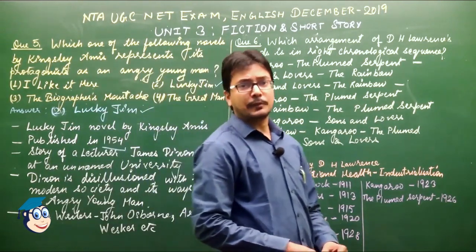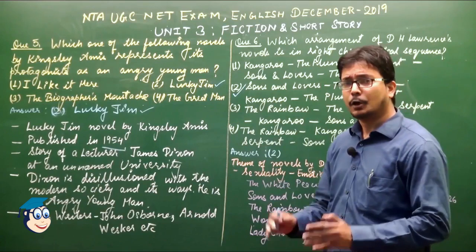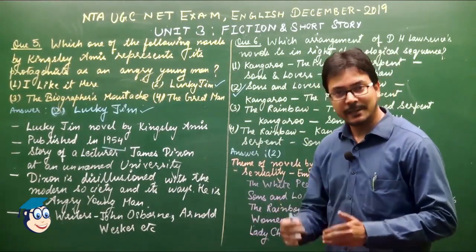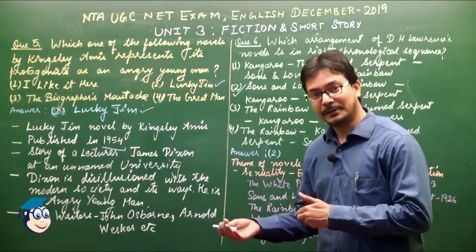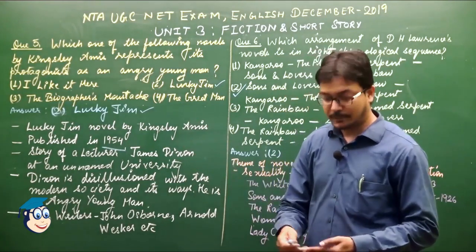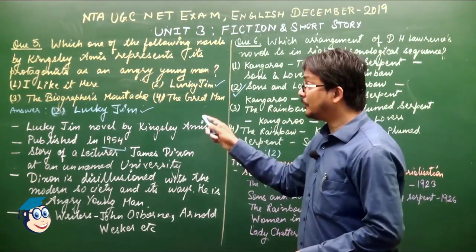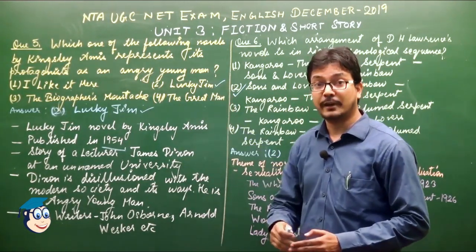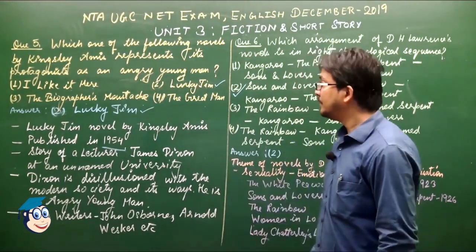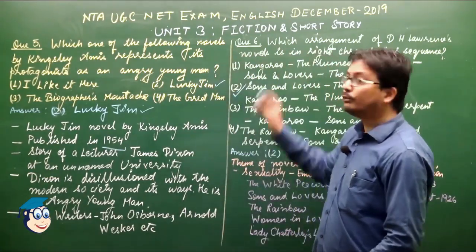With the answers to these questions, we come to know that all the questions were asked in a way that they did not have any identical feature or pattern with each other. In fact, every question was quite different from the other questions. So we find the questions were chiefly based on characters, plot, chronological sequence, etc. And this is why every question provided a very standard complication within itself. So these were the solutions of our Unit 3, Fiction and Short Story.